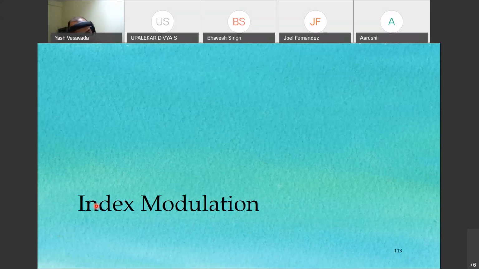Now, to conclude today, what I will tell you is that at the end of this index modulation topic, I'm going to formulate a problem. And in that problem, I'm going to ask you to come up with a different type of index modulation for which the receiver will have to do direction of arrival estimation. To give you a very high level viewpoint, the idea behind this, and this is going to be your project, the first project of the semester,